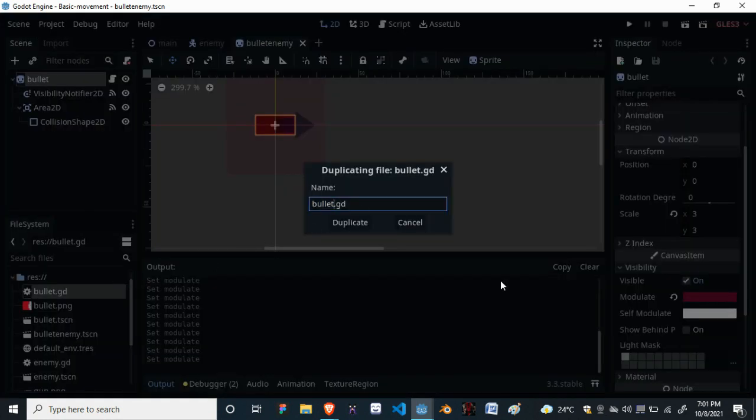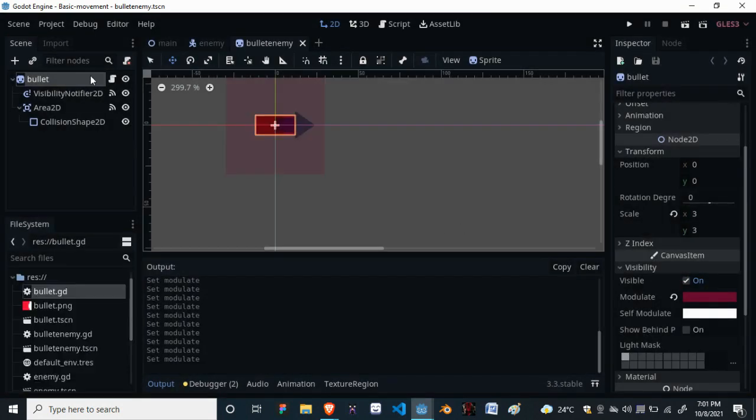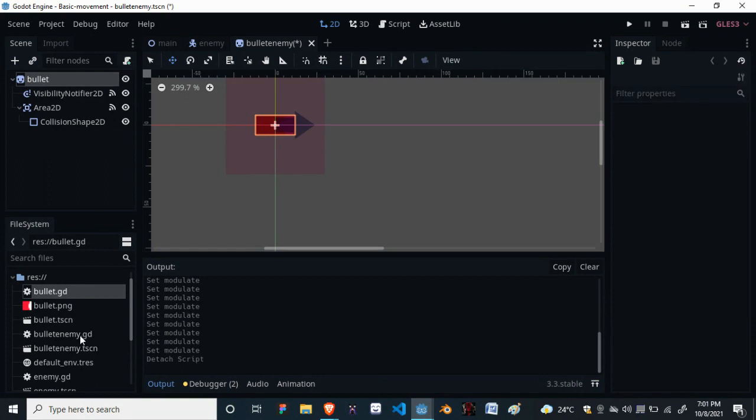We will also duplicate the bullet script and rename it to bullet enemy so that we can give this script to the bullet enemy scene.